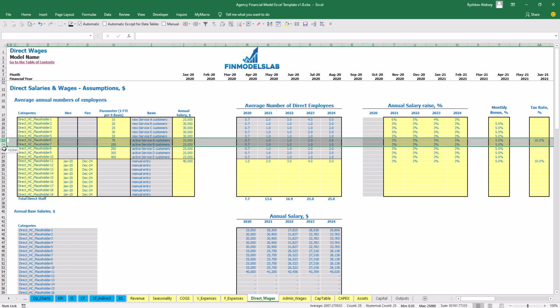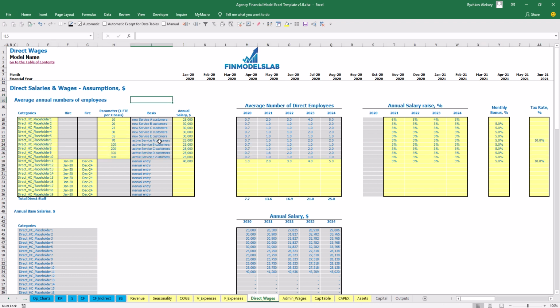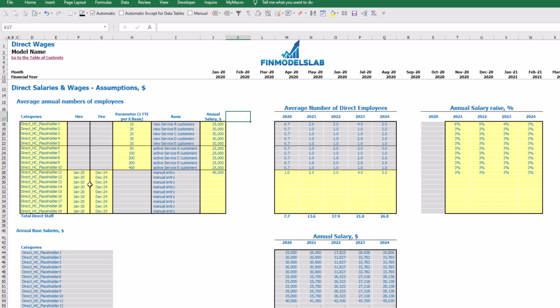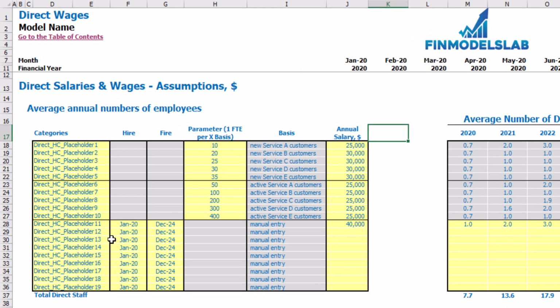The next 5 categories have a different basis, which is active customers. So per each, for example, 50 active service A customers, you need 1 FTE for placeholder number 6. It can be treated like customer service or customer support. So you may set up also the annual salary, the annual salary rise, monthly bonus, tax rate. The idea is the same. And the final section, starting from placeholder 11 to placeholder 19, you can set just hire date,